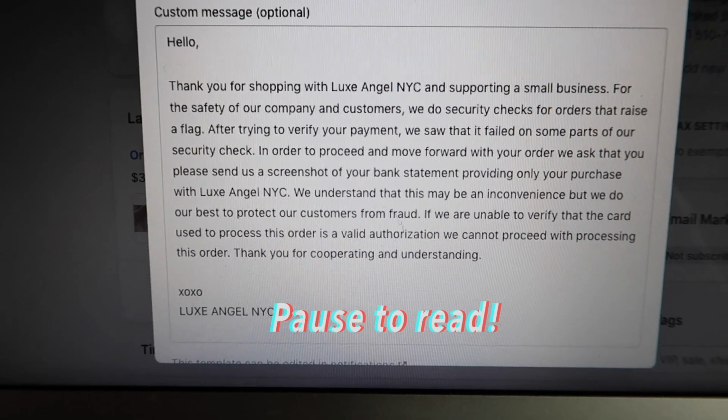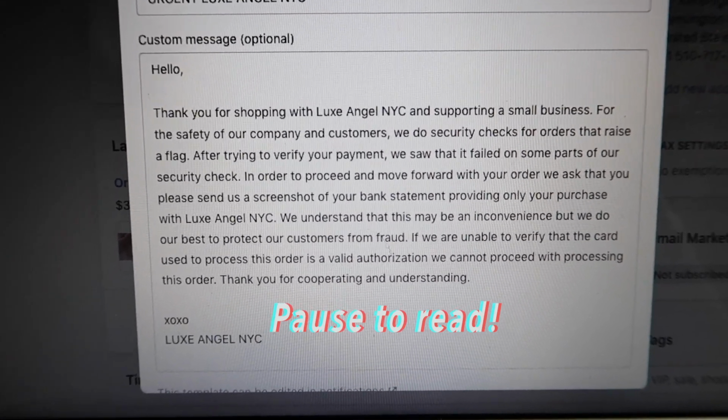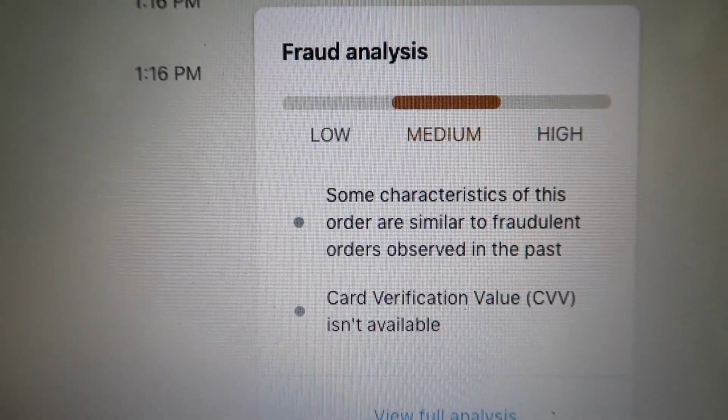For the safety of our company and customers, we do security checks for orders that raise a flag. After trying to verify your payment, we saw that it failed on some parts of our security check. In order to proceed and move forward with your order, we ask that you please send us a screenshot of your bank statement providing only your purchase with LUXE ANGEL NYC. We understand that this may be an inconvenience, but